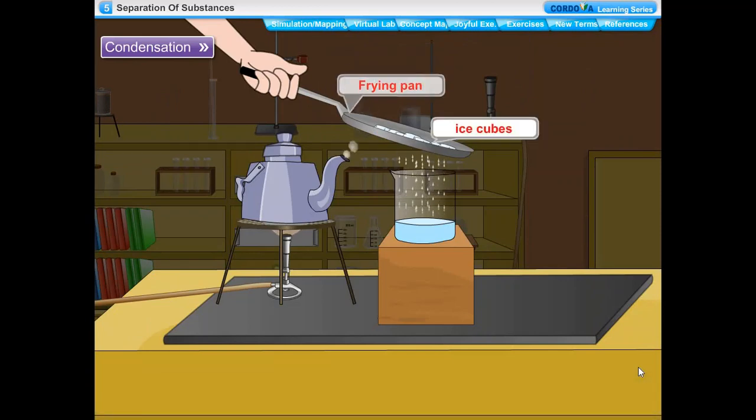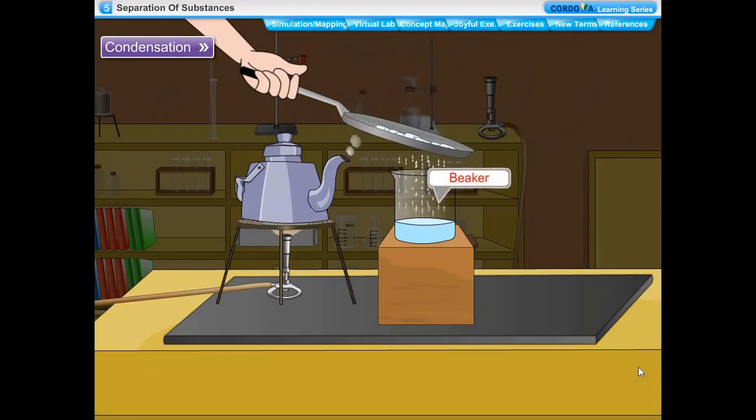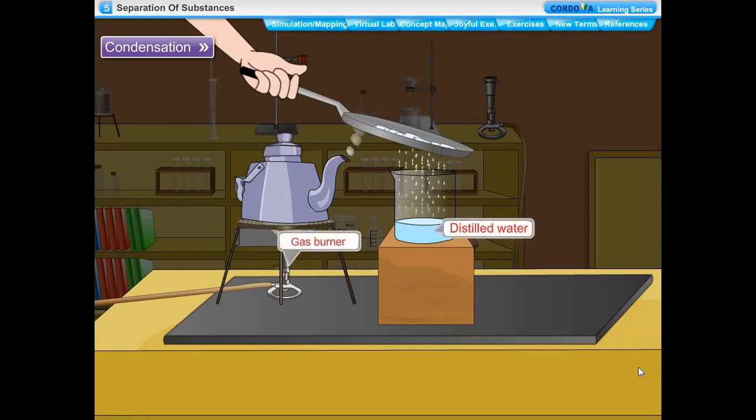Condensation. This method is used to obtain a liquid from its solution. We can get water from salt solution by this process. The process of changing vapor into its liquid state on cooling is called condensation. Activity